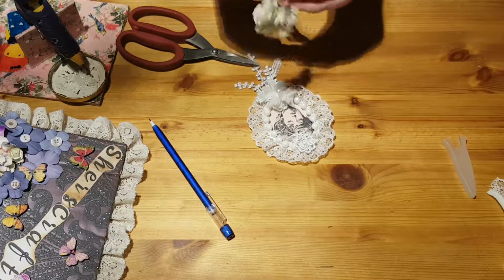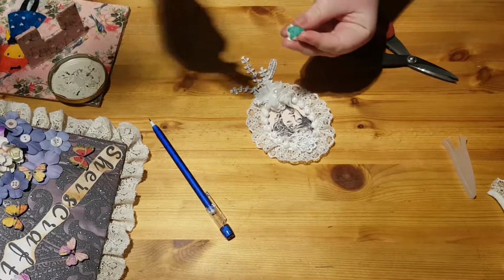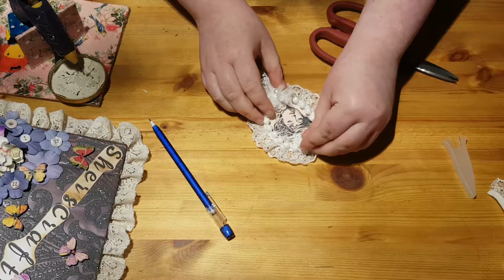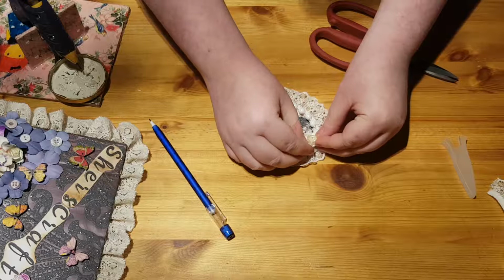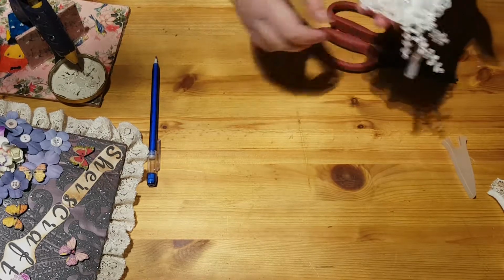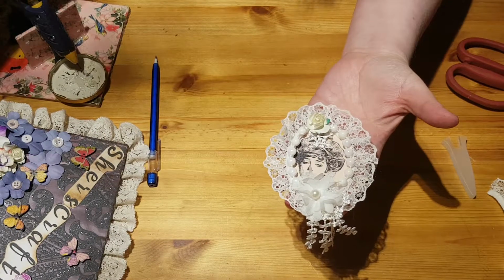And you just get your flower, some hot glue on the back, and secure that on there. And that there is how easy it was. I finished Cameo. Now I've got a few plans for these, and one of them I've already made, which is